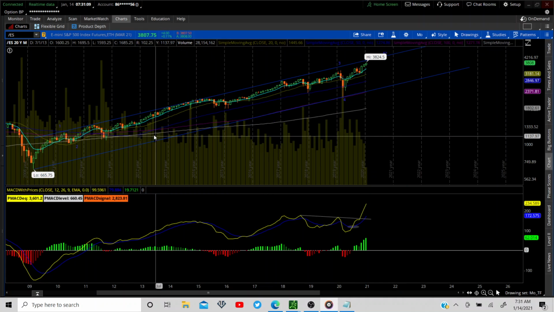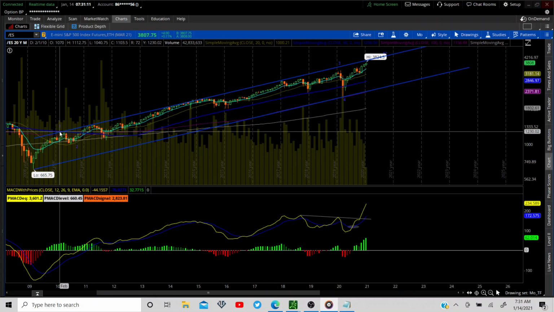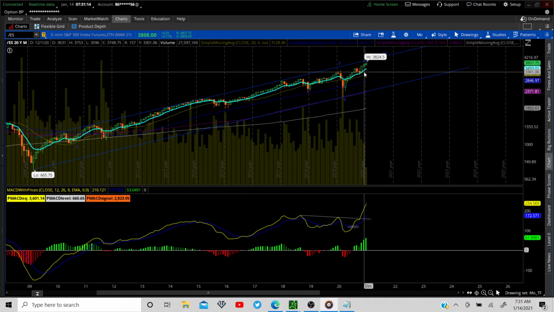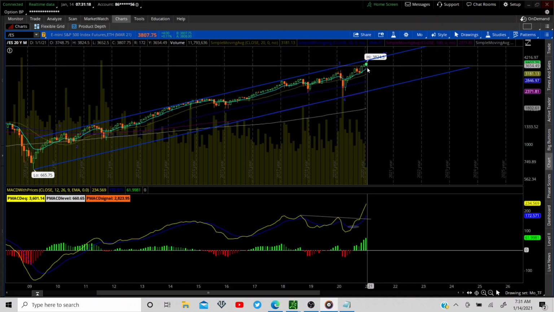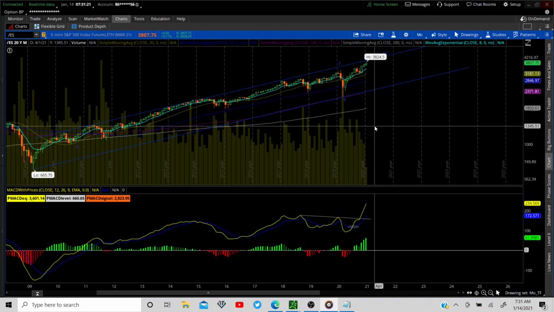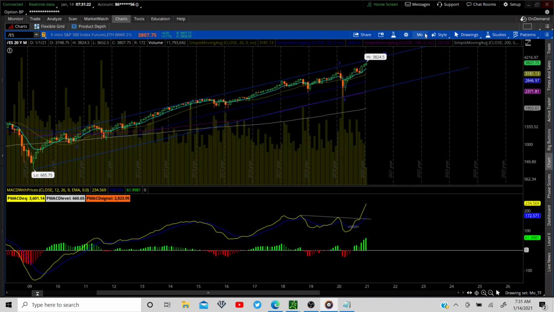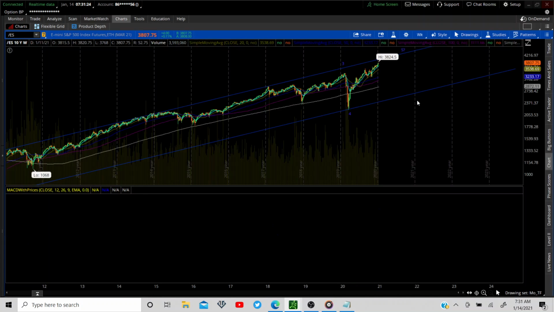We have the ES on a monthly time frame. We're in Elliott wave 1, 2, 3, 4, 5. Look at that candle, bullish. Pushing up higher. We're above all the MAs. All of them are pointing up. MACD is straight up. Bullish, bullish, bullish.